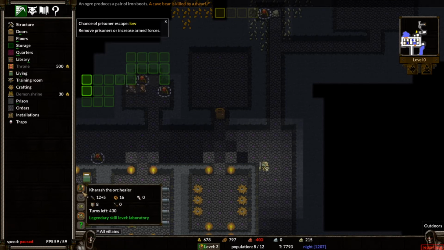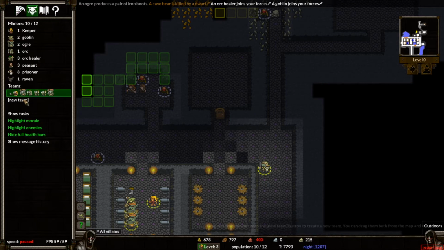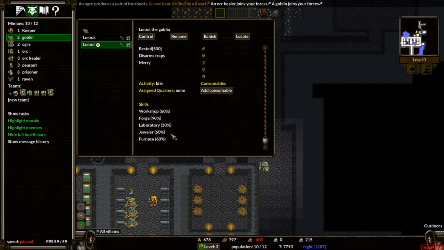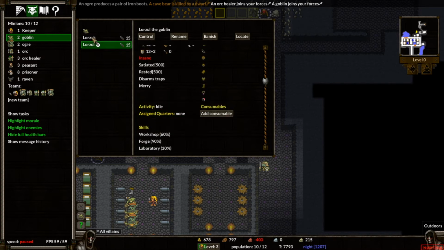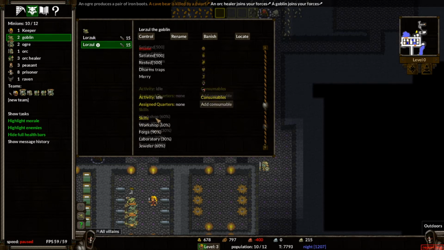Ooh, this guy's got legendary laboratory skill. Yes, please. And I'll bring in the Insane Orc, and now I'm going to go to the Insane Orc and take direct control. Sorry, not Orc, Goblin. Insane Goblin, and take direct control immediately. Because Insane... yeah, 90% Forge. Very effective in other areas as well. In fact, these guys are better than I remembered. But yeah, these guys are generally pretty good. But this guy's got legendary Forge work, so...